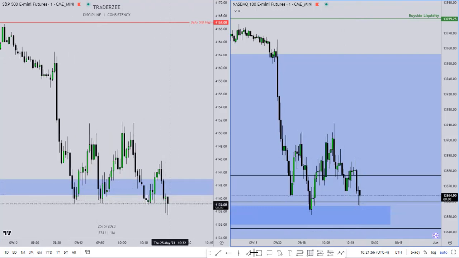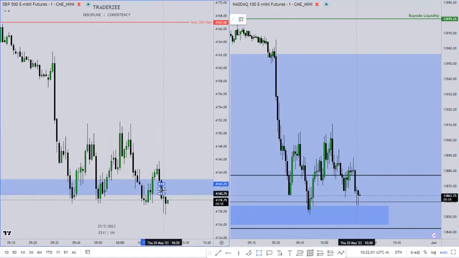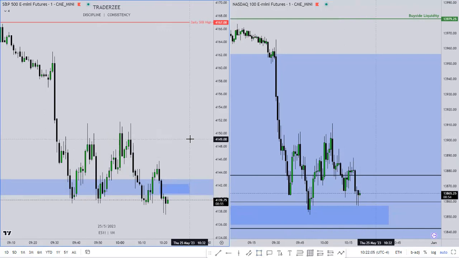This fair value gap. This is an important one, so I'm going to outline it. I usually don't outline this stuff, but just for